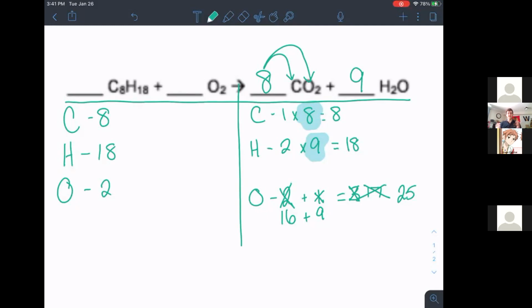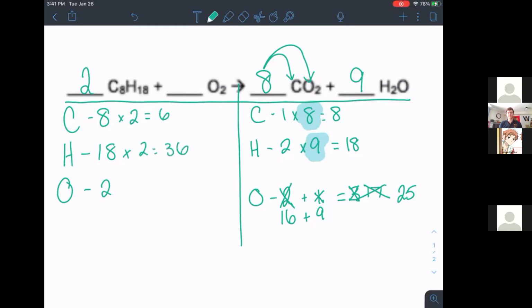All right, do my oxygens match? No. No, they don't. Can I make 2 go into 25 evenly? No. No, it doesn't go into 25 evenly, which is our issue. So now we have to go way back to the beginning. We have to change everything. So what's going to happen is we're going to put a 2 in front of here, which means now we multiply this by 2, we have 16. We multiply this by 2, we have